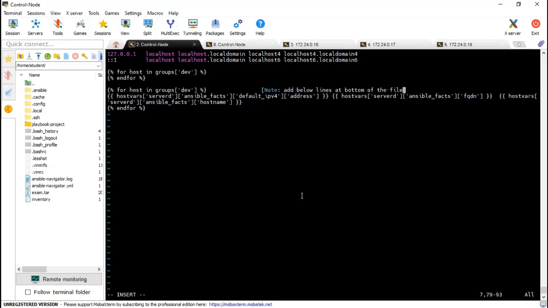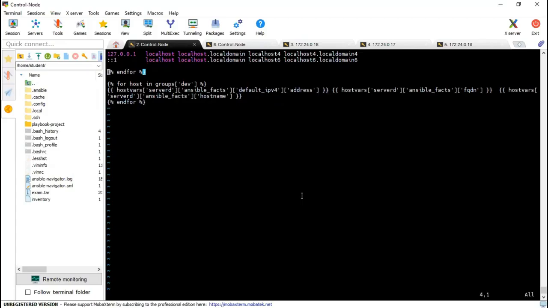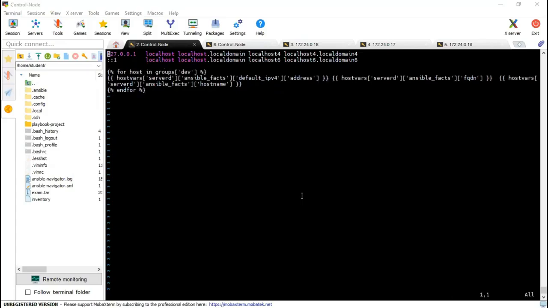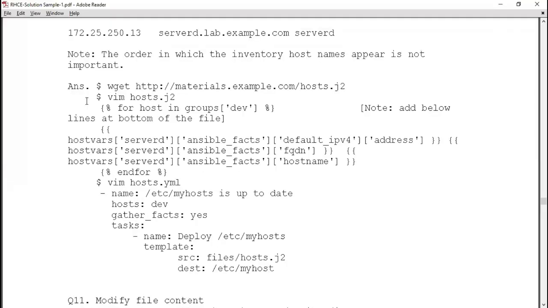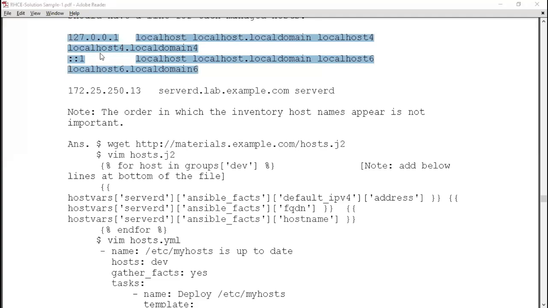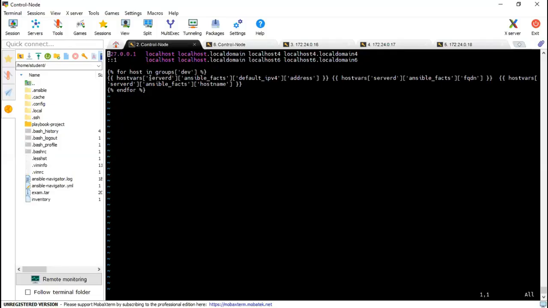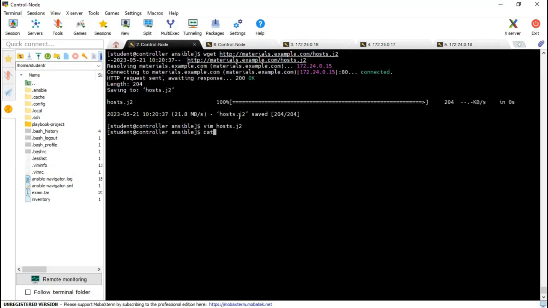I will remove this line, and we'll keep this line as well, because in the example it says it should print something like this. See, so I will keep those lines and then make this entry. So dev host group, then host where server D. No, we will call it as the host, right? So whatever the group we have in the dev host group, it will take the value from there. So this is how you need to create the template file.